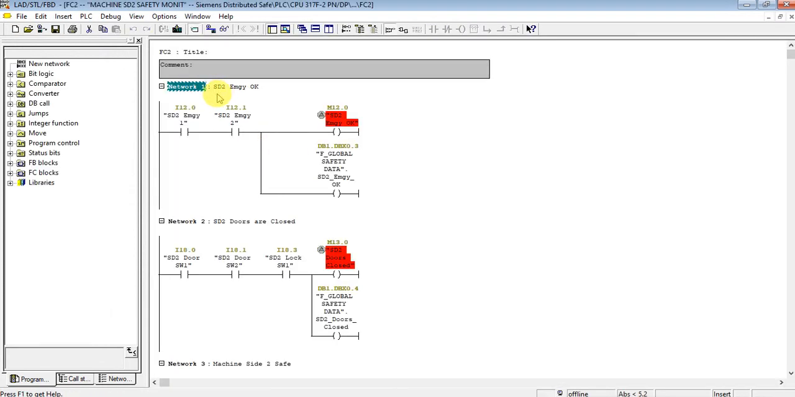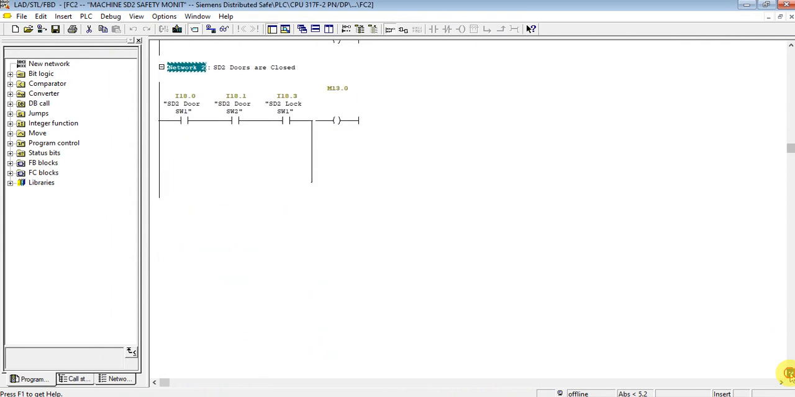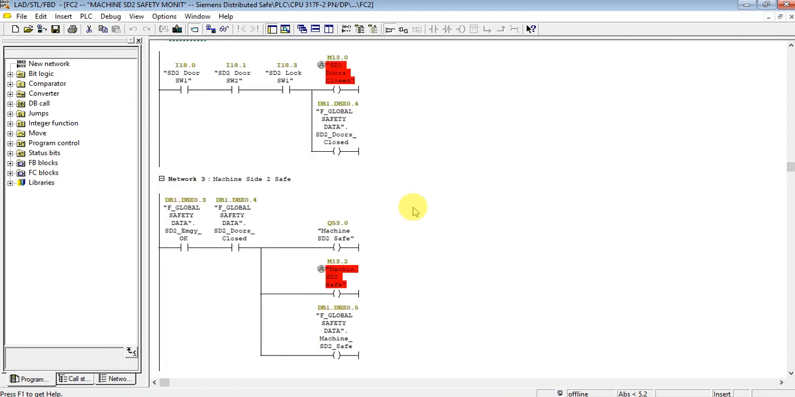Okay, so network 1 for emergency is okay. Network 2 for doors are closed. And network 3 is machine side 2 completely safe. Machine side 3, FPR2 safe,